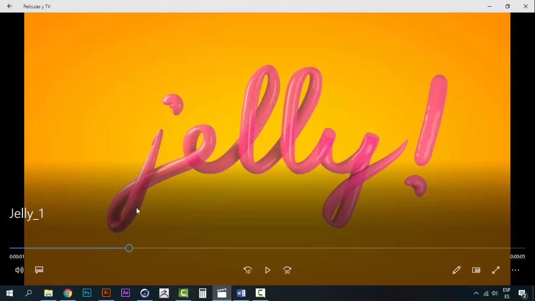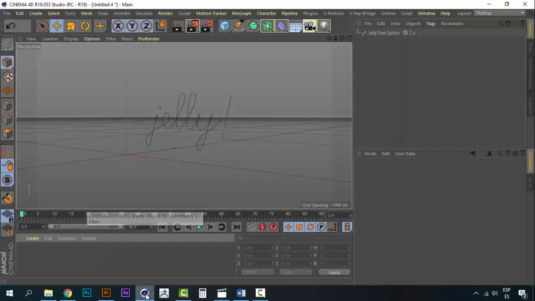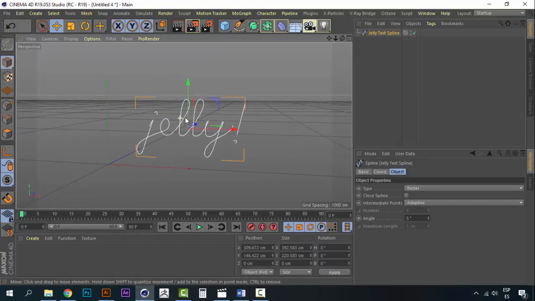For example, this goes like this and then goes to the back and then goes to the back again, and then it goes forward, then back again, and so on, so that the text looks really 3D. So if we want to make that, let's jump to Cinema 4D and let's take the spline,